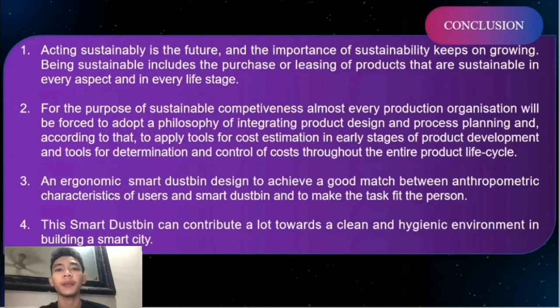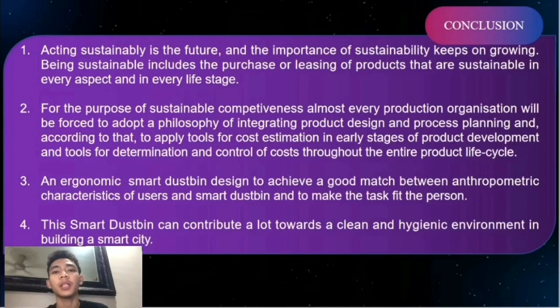For conclusion, acting sustainably is the future, and the importance of sustainability keeps on growing. Being sustainable includes the purchase or leasing of products that are sustainable in every aspect and in every life stage. For the purpose of sustainable competitiveness, almost every production organization will be forced to adopt a philosophy of integrating product design and process planning, and accordingly to apply tools for cost estimation in the early stage of product development, tools for the determination and control of cost throughout the entire product life cycle, an ergonomic smart dustbin design